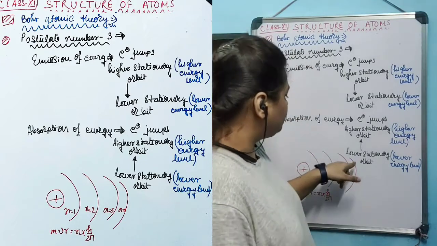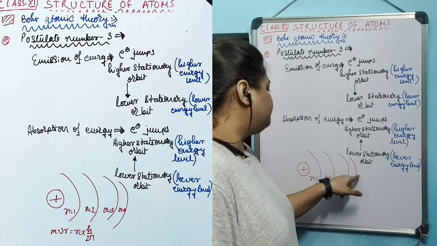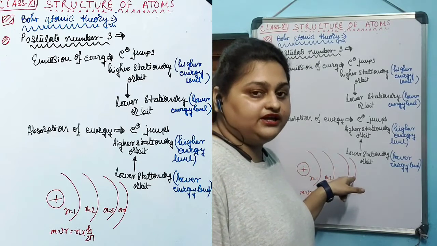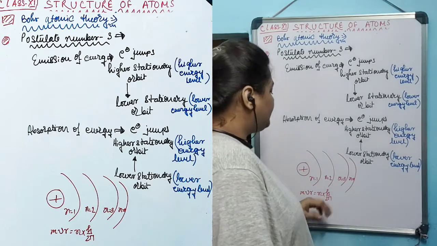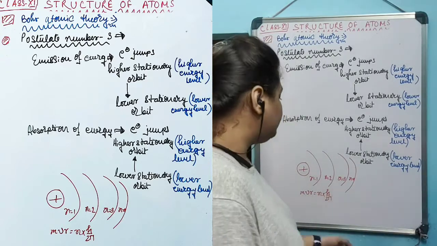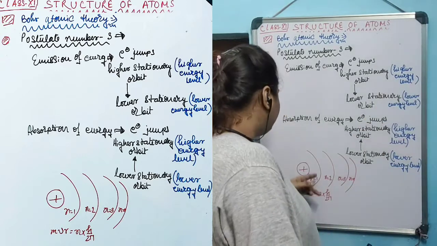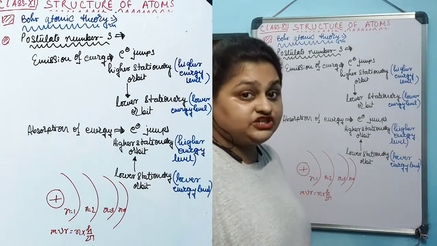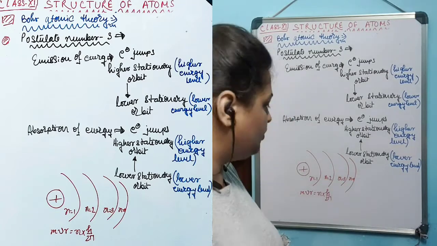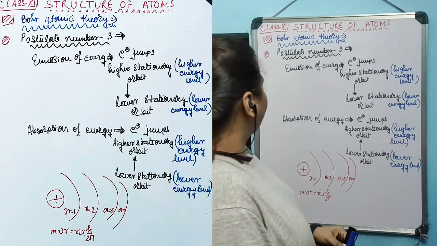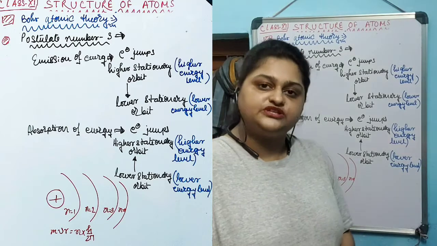When the electron jumps from a higher energy level to a lower one, like 4 to 1, 4 to 2 or 4 to 3, in that case energy will be emitted by the electron. If the opposite happens, supposedly the electron jumps from a lower energy level into a higher energy level, like from 1 to 3, then energy will be absorbed by the electron. These are the main postulates of Bohr that he took during the modification of Bohr's atomic theory.